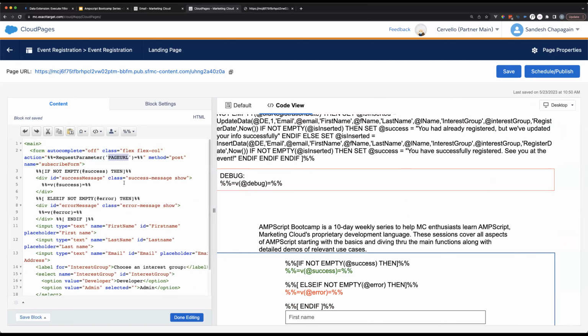This will give you the current page URL, no matter what it is, right? Because what I could have done is I could have copied this same URL and pasted it here. That also works. However, if somebody wants to use this code somewhere else, then they would need to go ahead and remember to update this. So it's better to make it dynamic by using this. So this is pretty much the same as this thing up here. So dynamically populated.